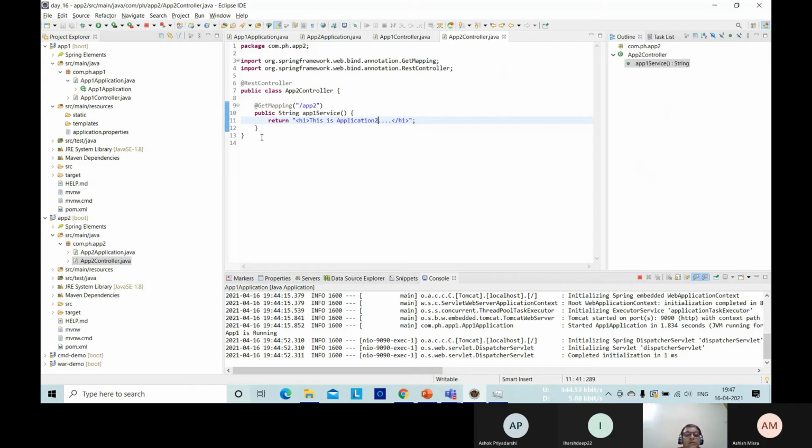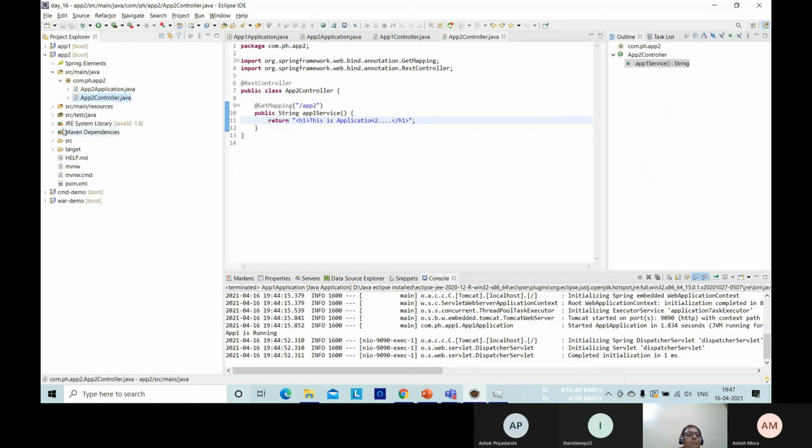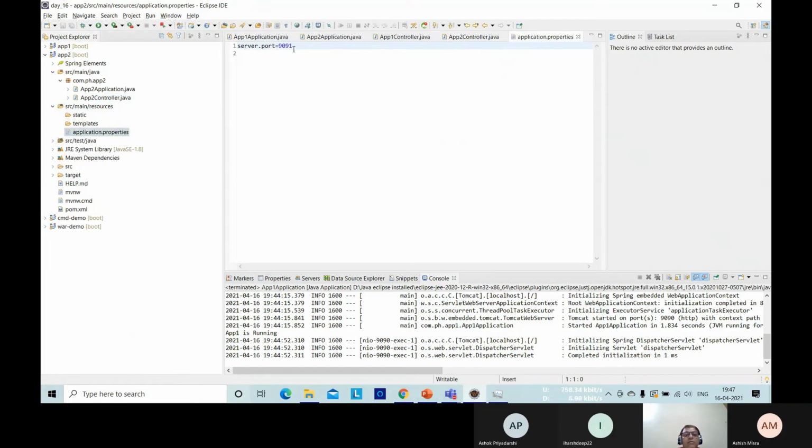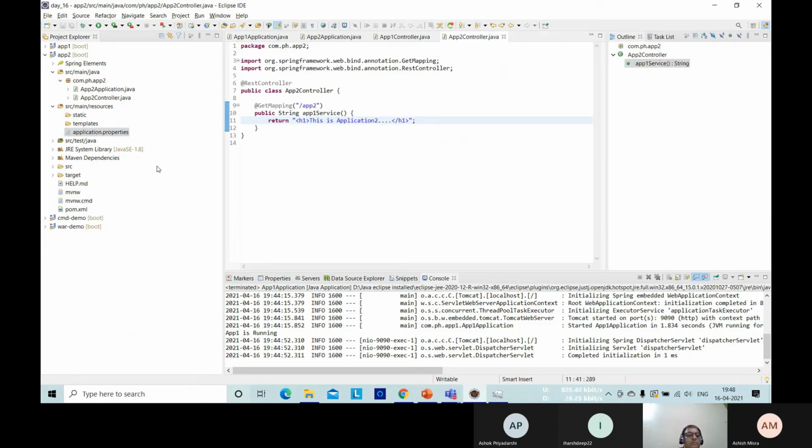What happens now? Let me close the first application which was running, and for the second application, what is the port number we have configured? We have configured the port number 9091. So let me close first. Now our second application will run on port 9091.